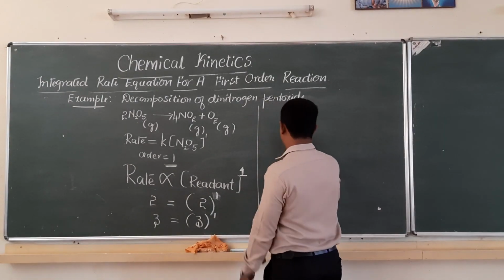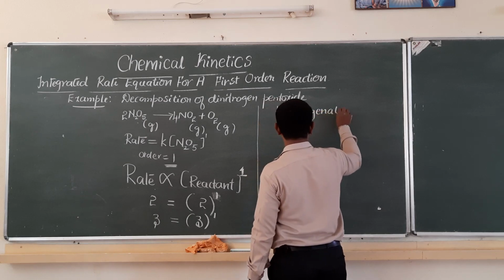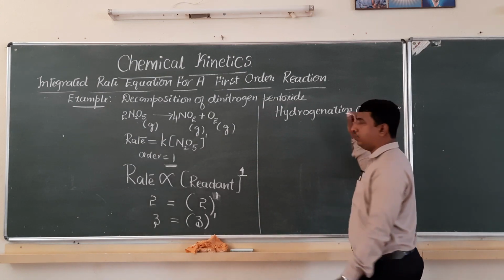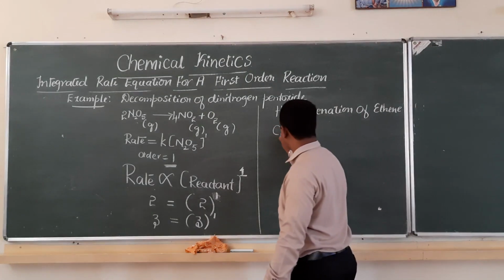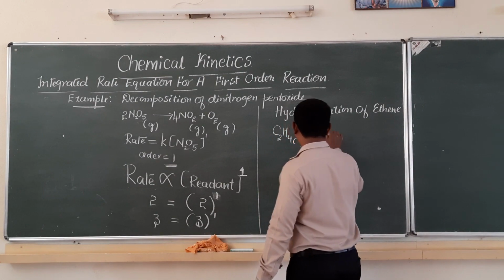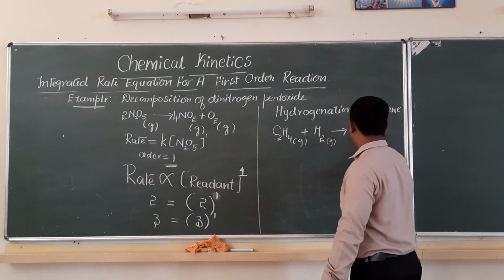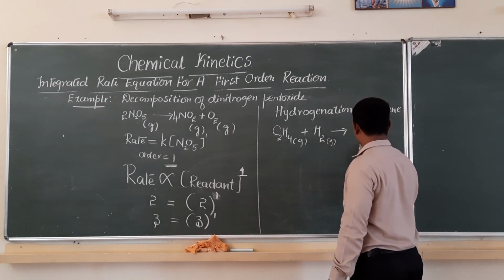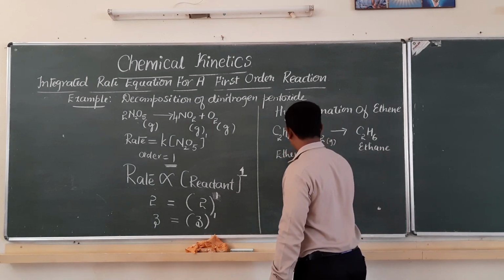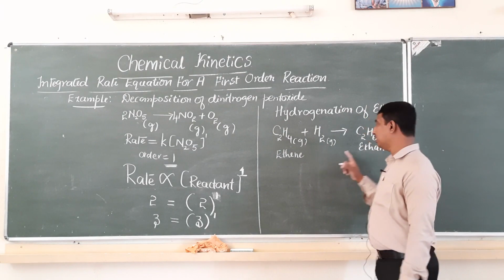One more example we can take. Hydrogenation of ethene. Formula of ethene is C2H4. Hydrogenation means addition of hydrogen. On adding hydrogen, we will get C2H6. This is ethane. Ethene upon addition with dihydrogen forms